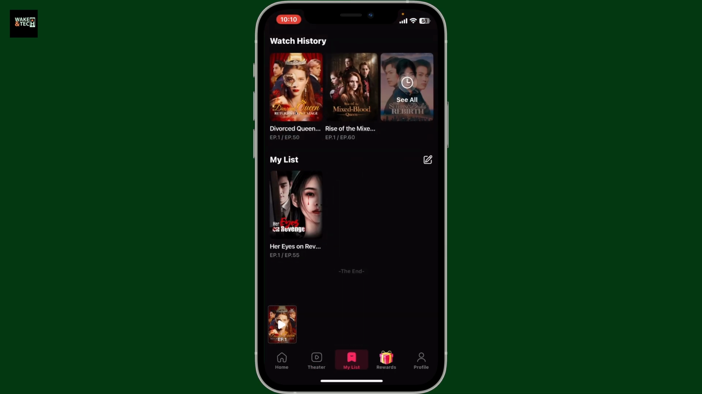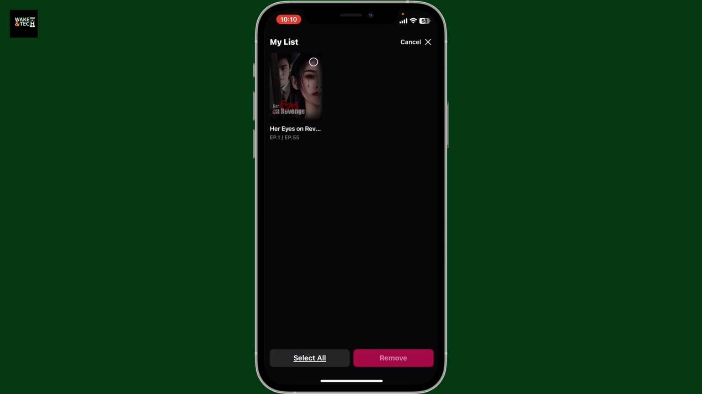And then inside the My List tab, you will be able to see the dramas or movies that you have added. Simply tap the pencil icon right next to My List tab and then select the drama you'd like to delete. You can also select all the dramas or contents that is available in your My List by tapping on